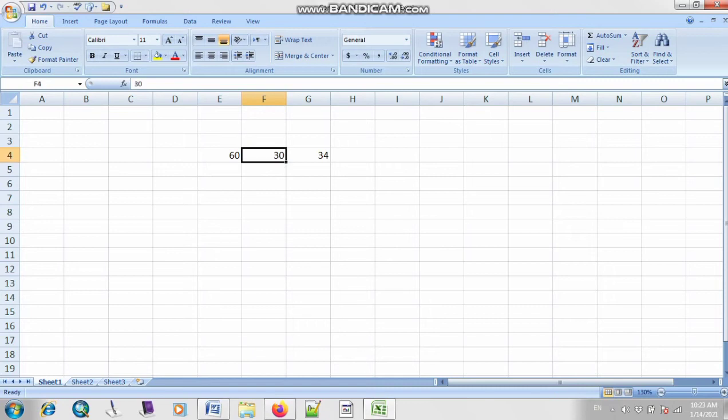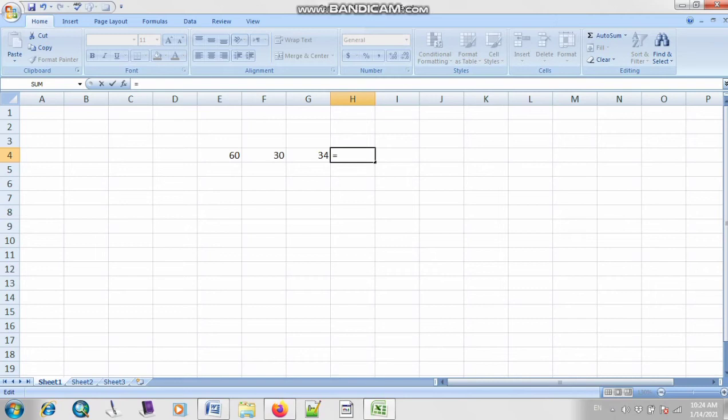Okay, now let me type 2 or 3 numbers. Whenever you have to calculate something with your numbers, you have to insert the equal sign. So I am typing the equal sign. As you can see, it also appears on this bar, so whenever you are writing, it will show here and the address will show here.